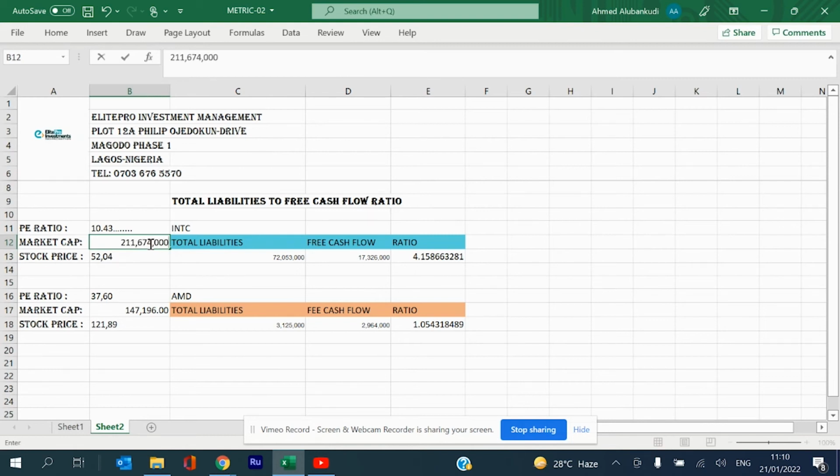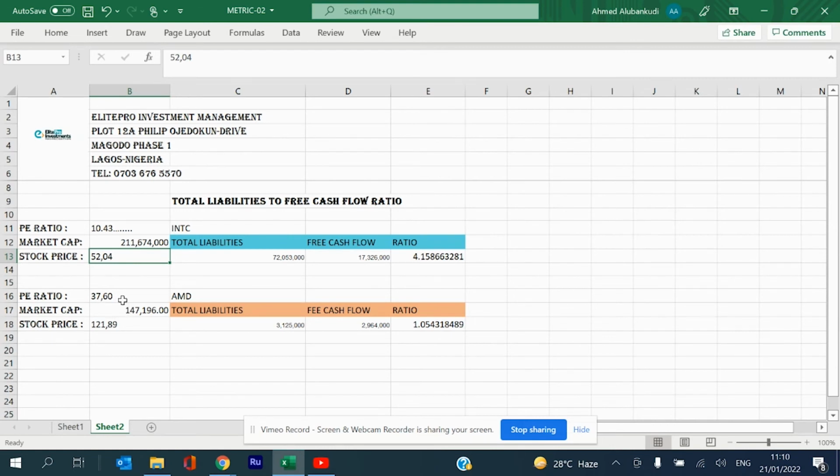The stock price as at close of business is 52, while on the AMD, the PE ratio is